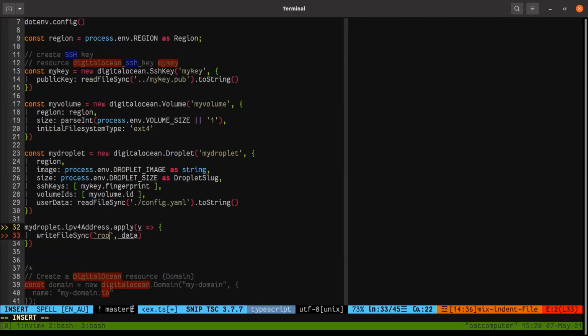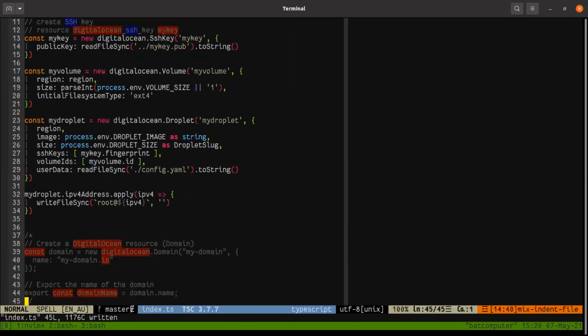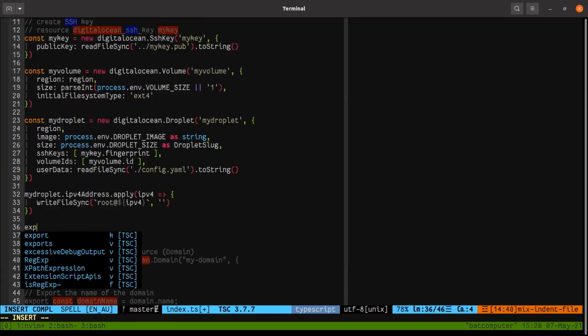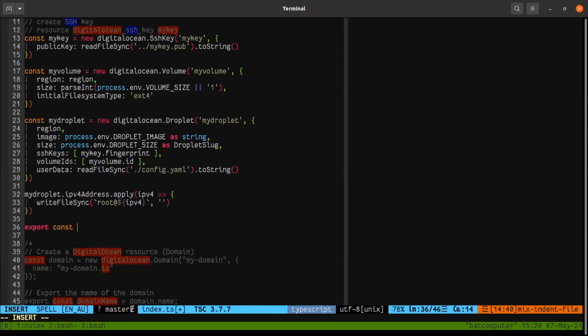which I'll call root at the value here. Actually, let's call this IPv4. Okay. And the content, I'm not going to put anything. Okay. If you want to export the value, you can use it like this, export const my droplet.